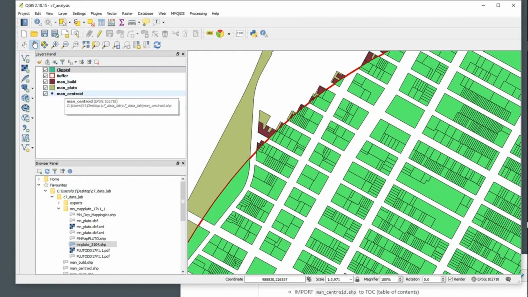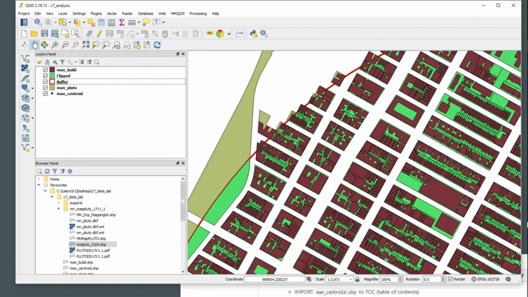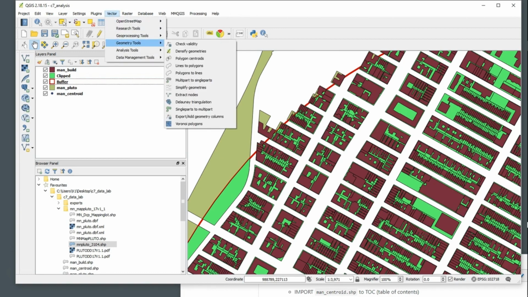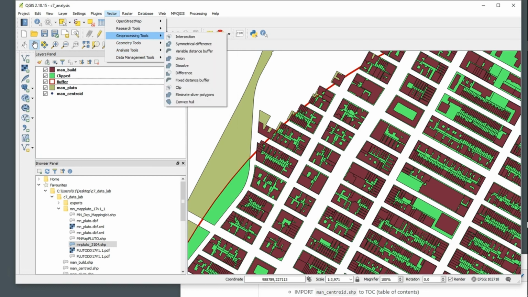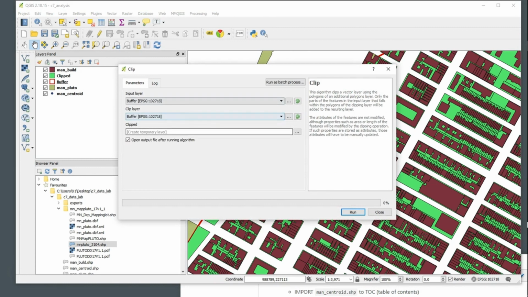Now let's go ahead and do it for the buildings. So the buildings are sitting right here. Let's put them on top. Okay, we're going to cut along the buildings. So we go into Vector, we go into Geoprocessing Tools, and we're going to do a clip. Okay, there it goes. So we're going to have the input layer be our Manhattan buildings, and the clip layer is going to be our buffer. And let's call this